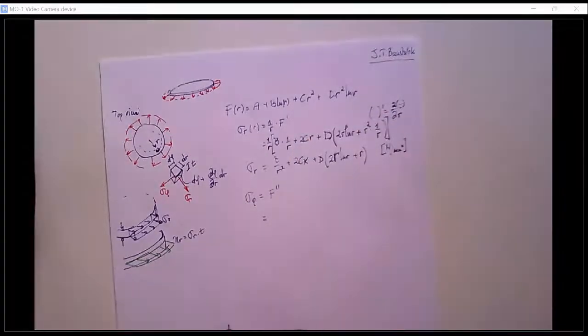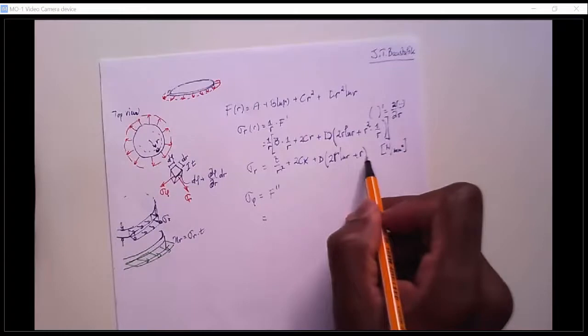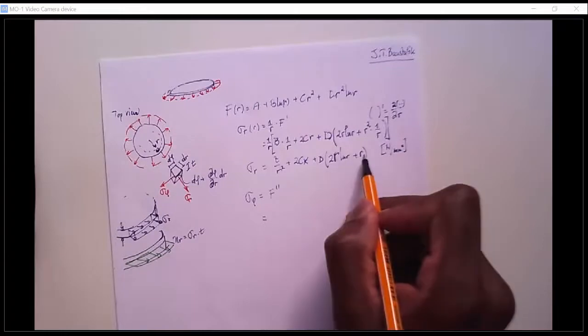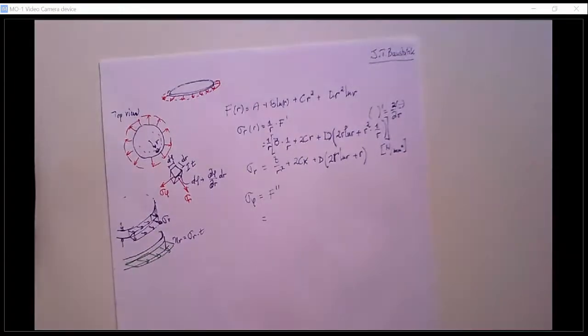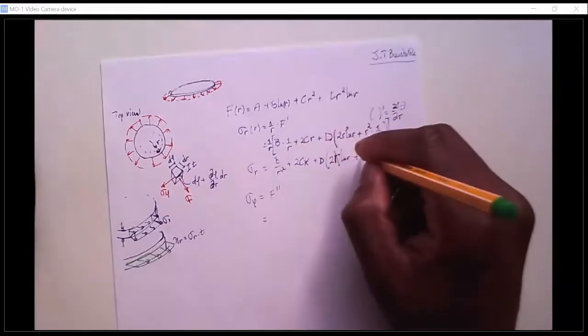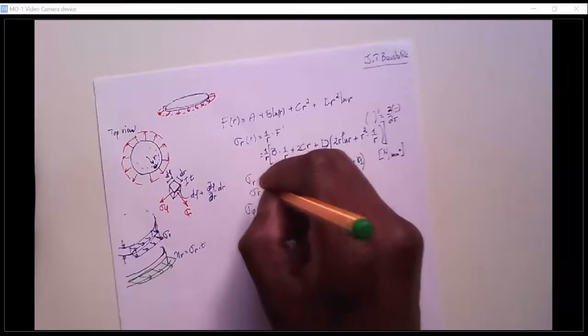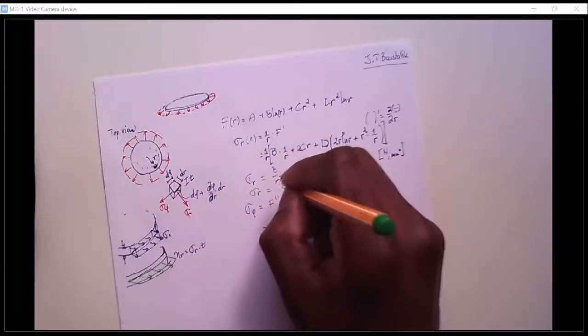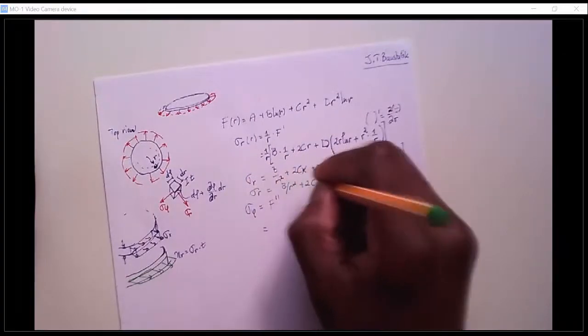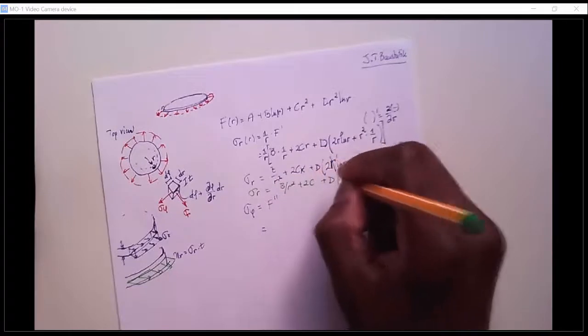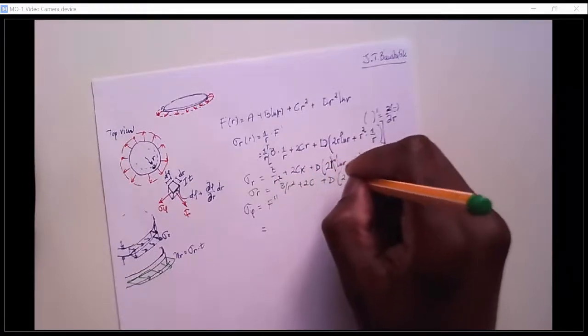This r is going to go away. And here, if we divide by r, this r is going to go away, and that one is going to become 1. So sigma r is basically b divided by r squared plus 2c plus g times 2 ln r